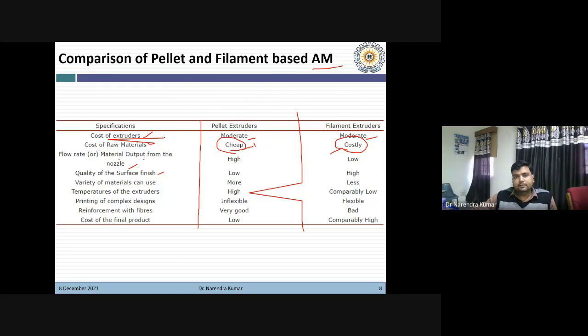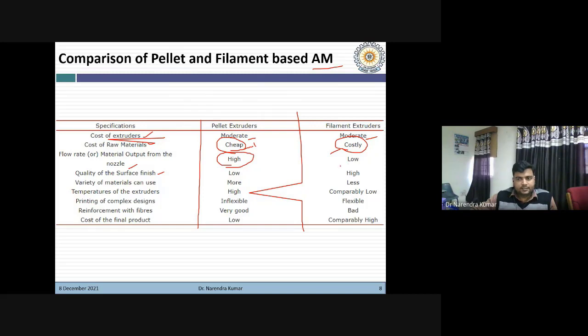And if you compare both the systems for flow rate, then obviously with the pellet extruder heads, we obtain a higher flow rate as compared to the triple F. Because in the pellet based extruder heads, we can increase the amount of material.